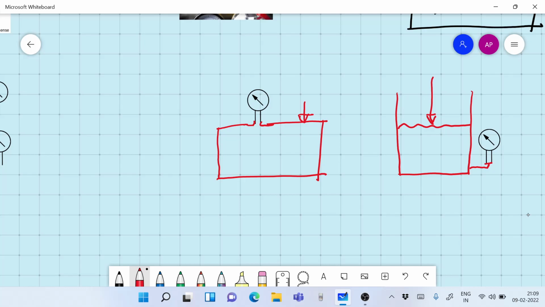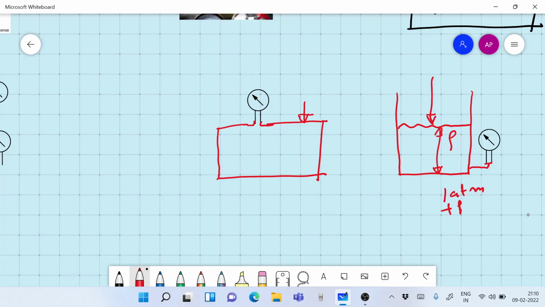The pressure would be higher than 0. Now why? That is because the liquid has a density, that is weight per unit volume, or mass per unit volume. Okay. And then because of that, the pressure at the bottom is going to be 1 atmosphere plus